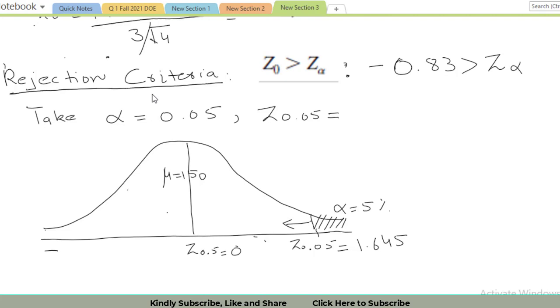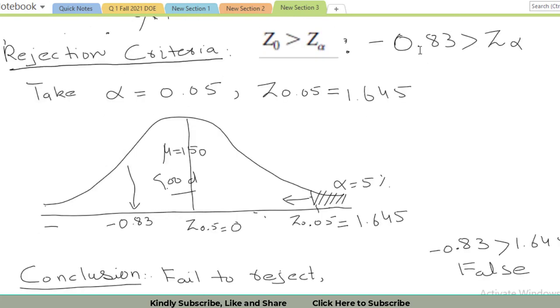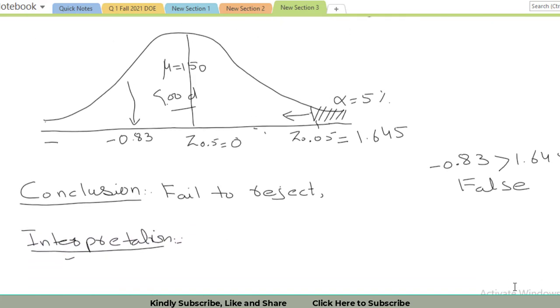and it lies somewhere here. You can see it is equal to minus 0.83, and it lies in the good region. So when our value lies in the good region, we conclude that we fail to reject our null hypothesis. As per the rejection criteria, is 0.83 greater than 1.645? Here I have written, you can see, which is false. So based upon this, we conclude that we fail to reject our null hypothesis,